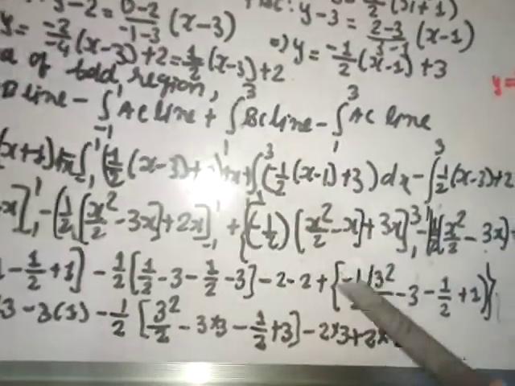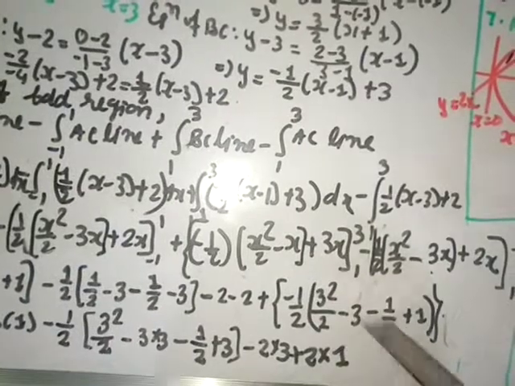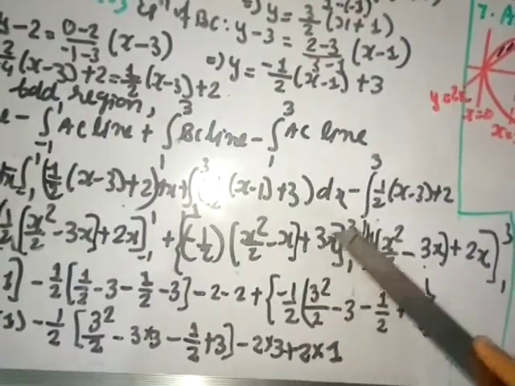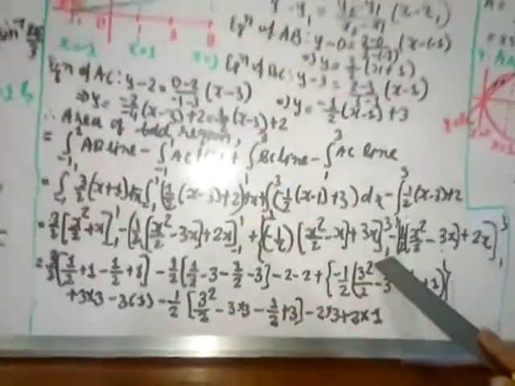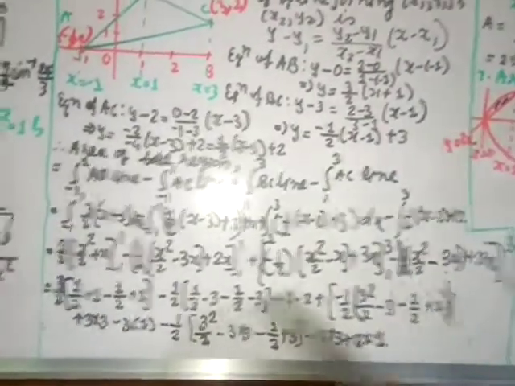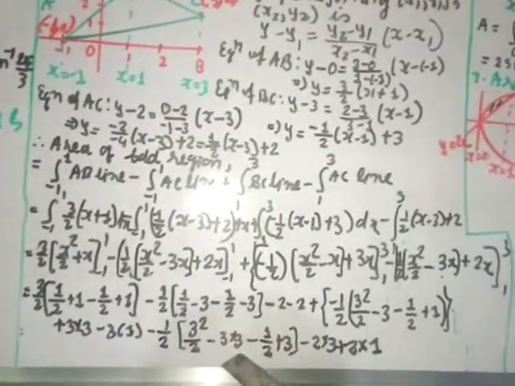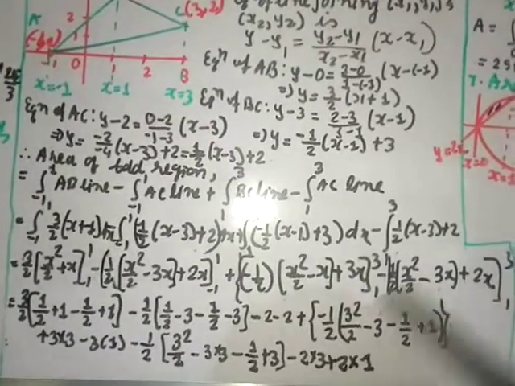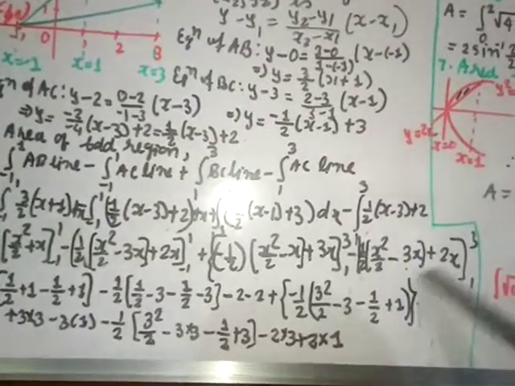Okay, now this one minus 1 by 2, apply the upper limit, 3 square by 2 minus 3, then apply the lower limit here, 1 by 2 plus 1. Now apply for these 3x, upper limit 3, that is here 3 into 3, and apply the lower limit, that is 1. Okay, minus. Now for this part, so 1 by 2 as it is, instead of x, put upper limit 3 square by 2 into minus 3 into 3 minus now 1. So 1 by 2 minus plus 3 into 1, 3. Minus here 2 into 3 plus 2 into 1.